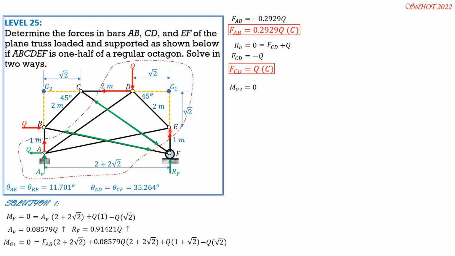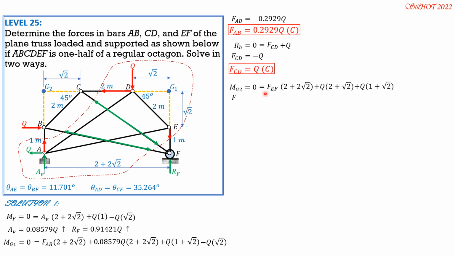Summing up moments, clockwise positive, we have FEF times quantity 2 plus 2 square root of 2, moment arm, plus Q times 2 plus square root of 2, then 0 passes through, then plus Q, this Q here, AV is not involved, plus Q times 1 plus square root of 2,